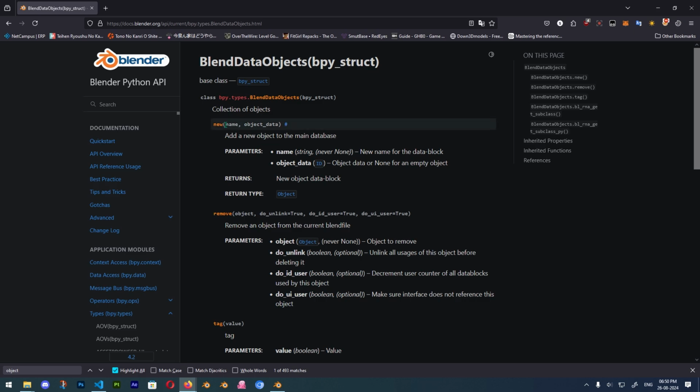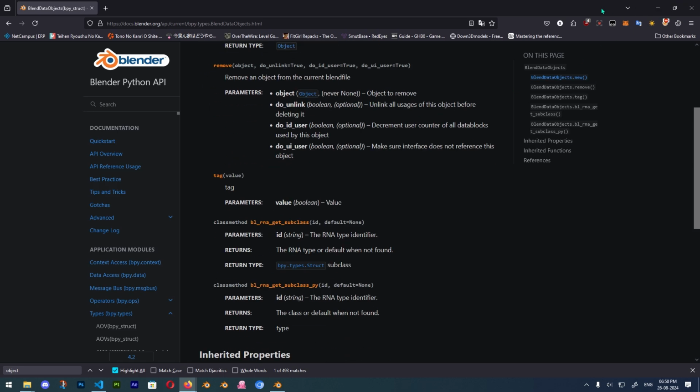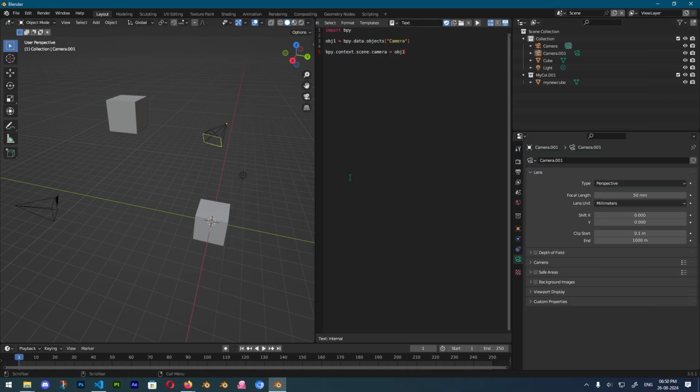So in this we'll have to give it a name, and then object data, which will be our camera, empty, an object, etc. Alright, so this is it for